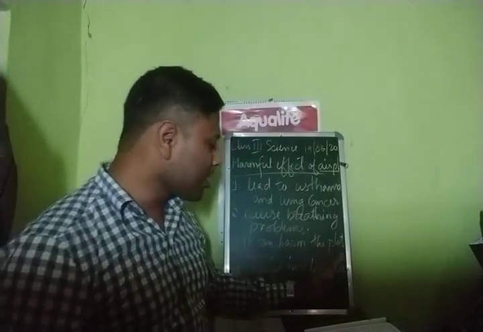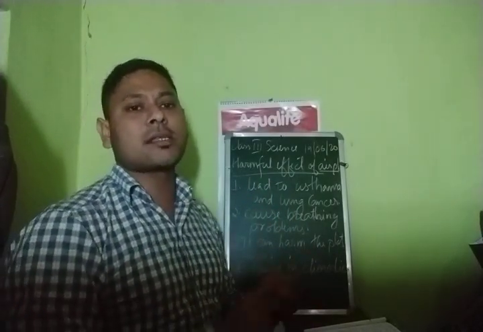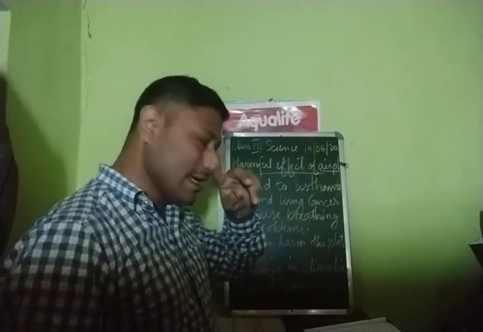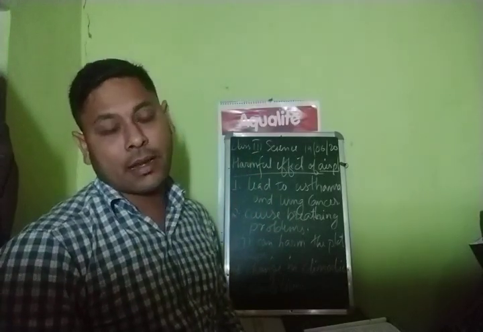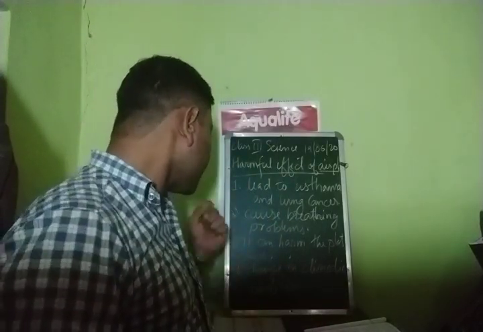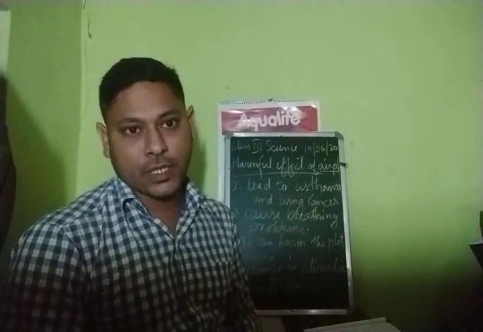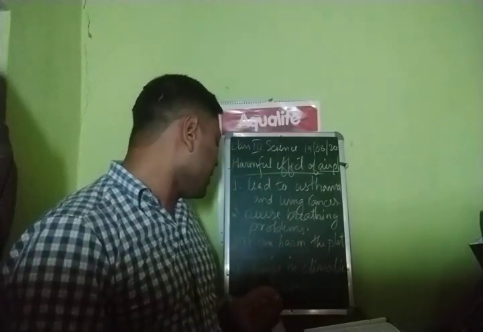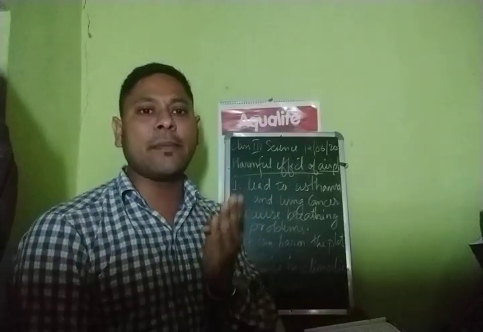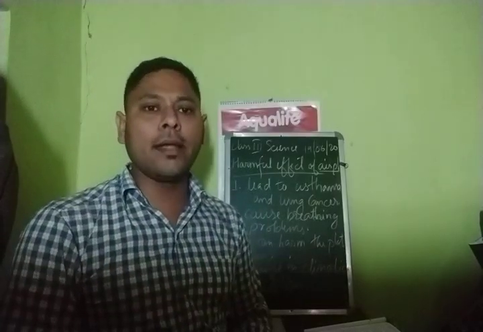Understood now? So what are the effects that we have learned in this chapter? Number 1, it can lead us to asthma as well as lung cancer, a respiratory problem. Point number 2, it can cause breathing problems like coughing, dizziness, and irritation in throat and nose. Then point number 3, it can harm the plants, crops, monuments, as well as the buildings. And point number 4 says that harmful air pollution can create changes in the climatic condition of the world. The climate will keep changing over and over.